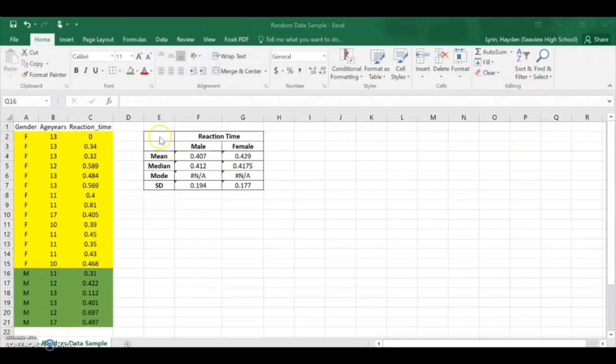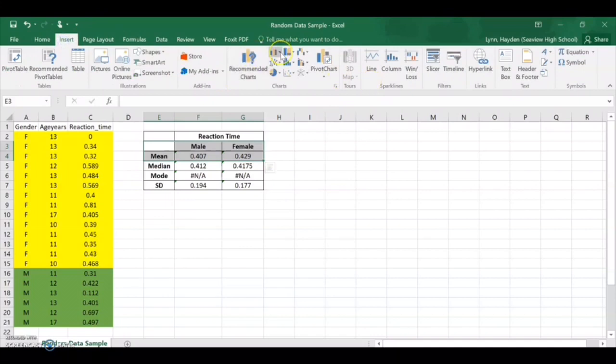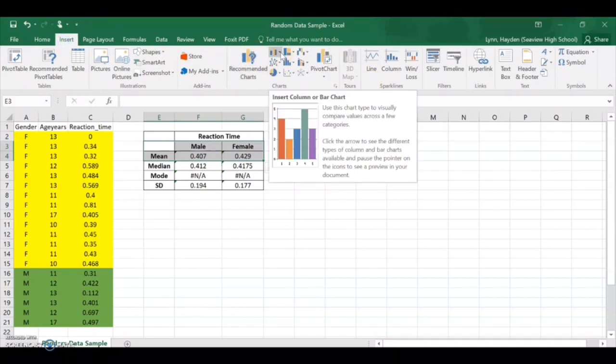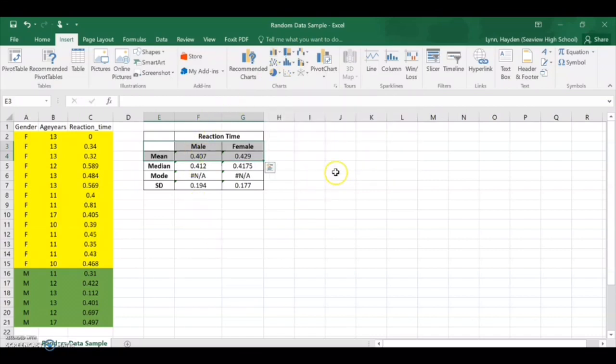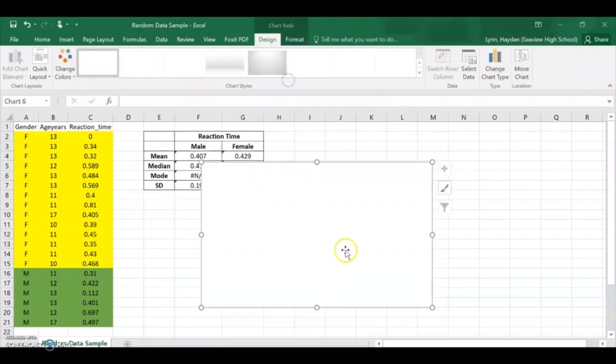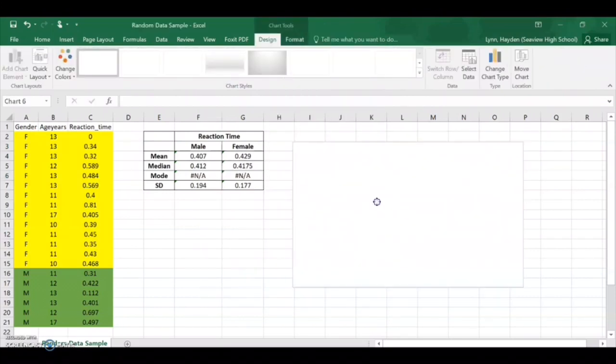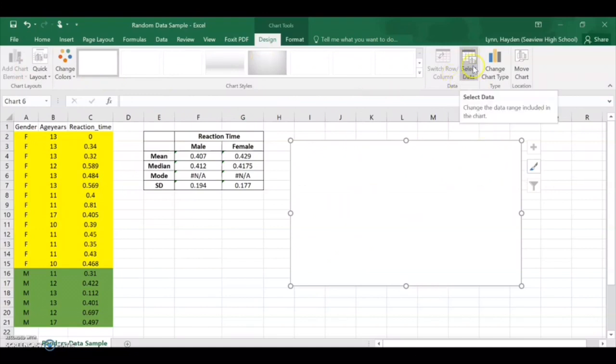Now that process of first highlighting the data and then going to insert chart doesn't always create a chart with the appropriate settings. It'll create the settings that Excel thinks you want. Sometimes a more straightforward approach is simply to select an empty space and insert a blank chart. You can now select the data manually. So the design channel should be open with the graph selected. You can then go select data,